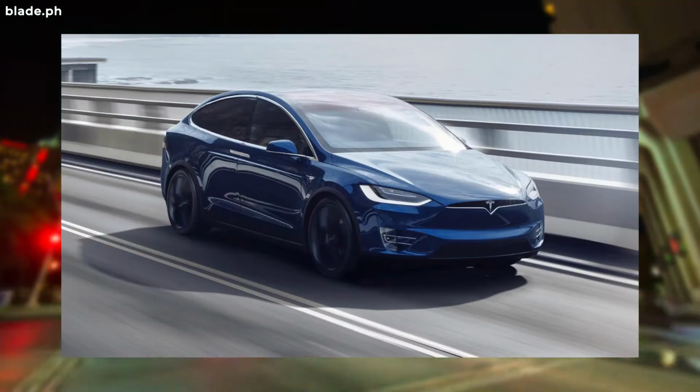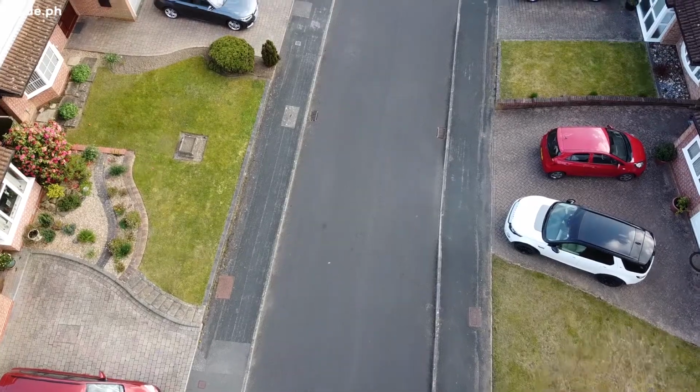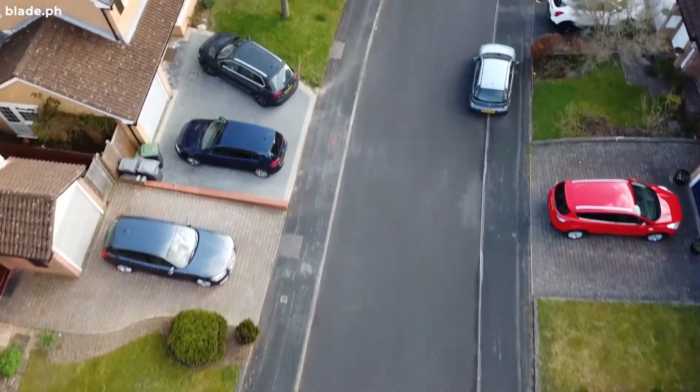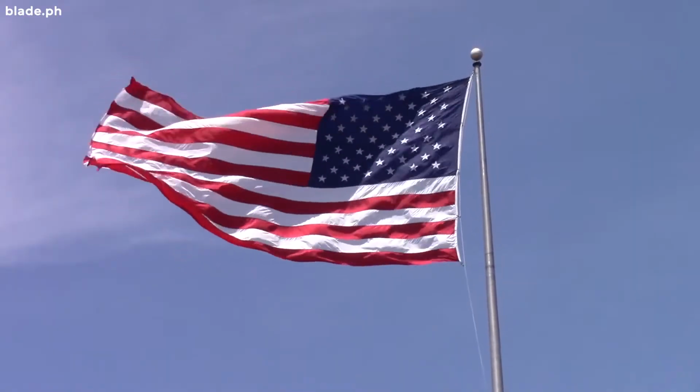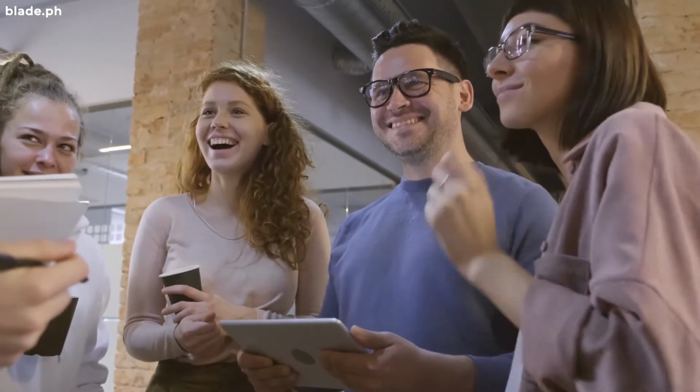What is a Tesla and why is it so big? Avid automotive fans are well versed in what a Tesla is. For some who don't know though, Tesla is an American car company that manufactures electric cars. It's been around for a few years already and is getting much attention because of the many advantages it gives